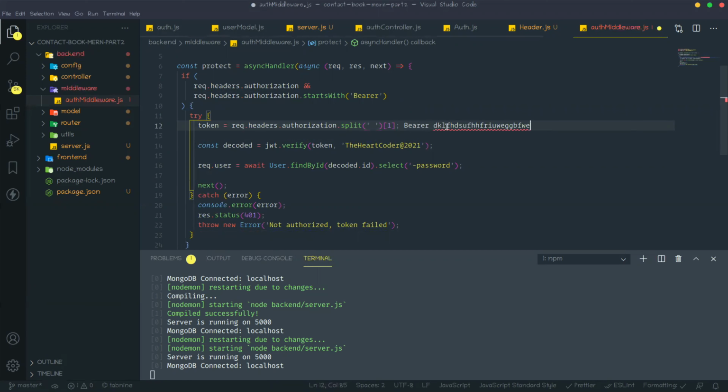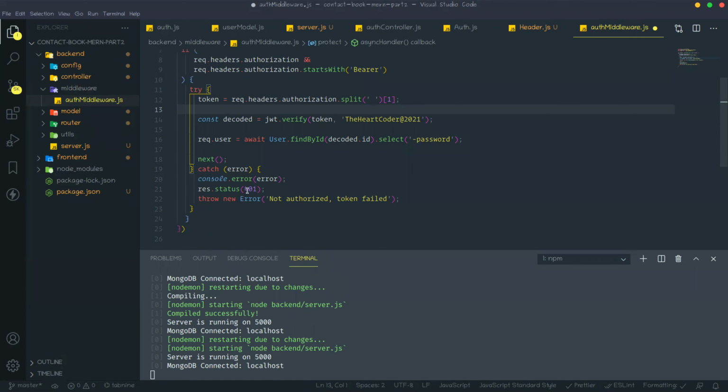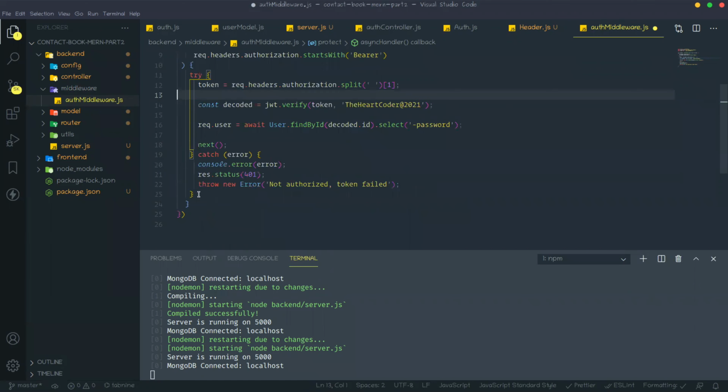So I split that and take this token only. Then decode this token with this value, and then find that user with that ID without password, and next I move to next. If any error happens, then go to error. And if the authorization token is not present, then we need to send not authorized.